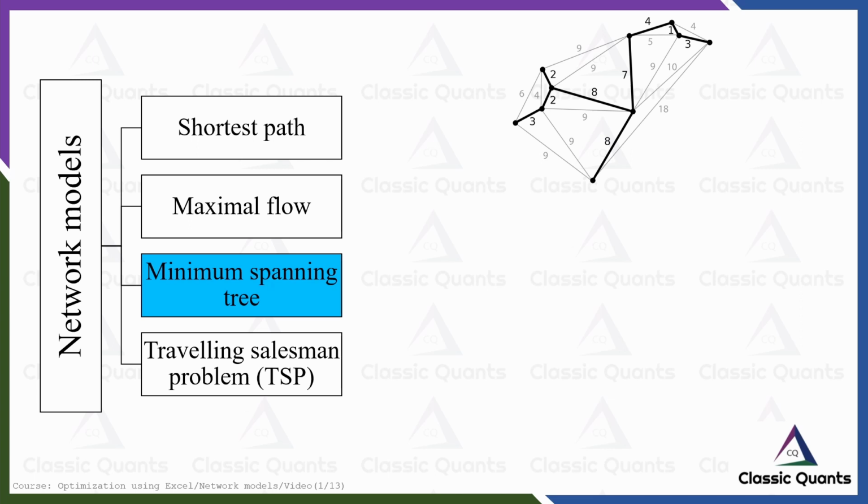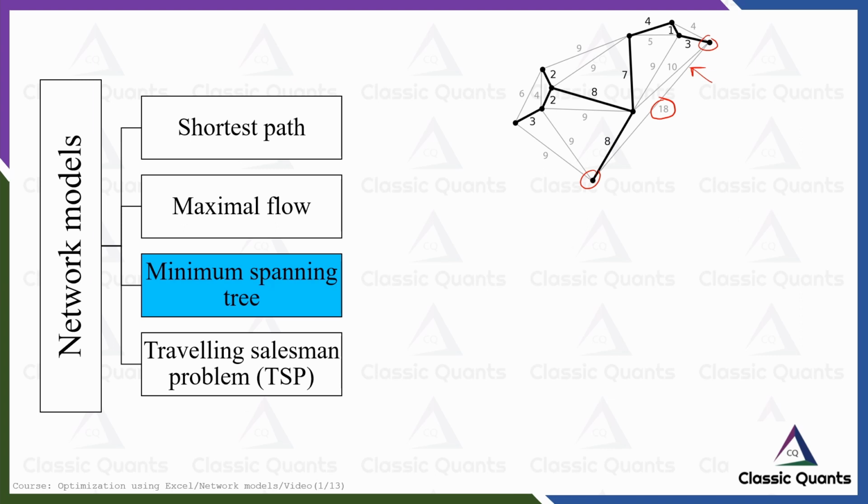The next one is your minimum spanning tree. What is a minimum spanning tree? It is actually very different from the earlier two cases, shortest path or maximum flow. In this case, there will be a network given to you, and the network is similarly composed of nodes and arcs as shown here. First of all, you see these arcs are not directed, meaning there is no arrowhead on the arcs. That means it is just a connection between two nodes. There is no direction. Directions are not important in this case.